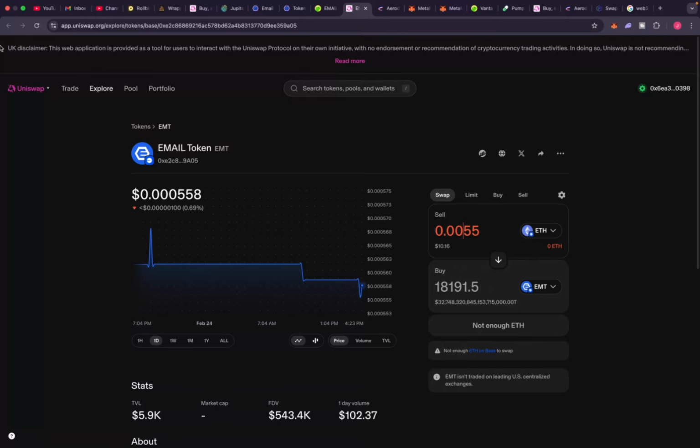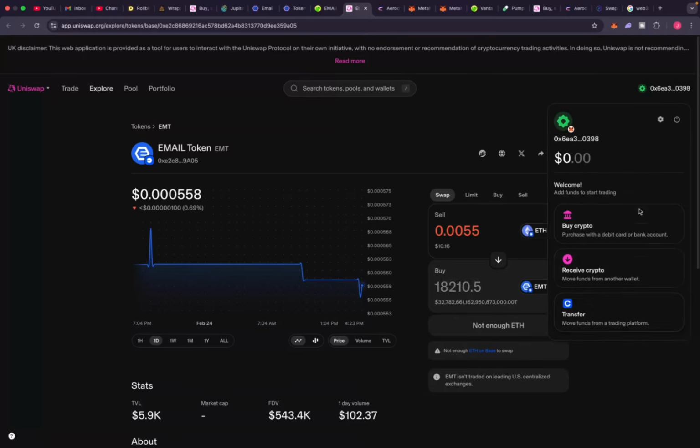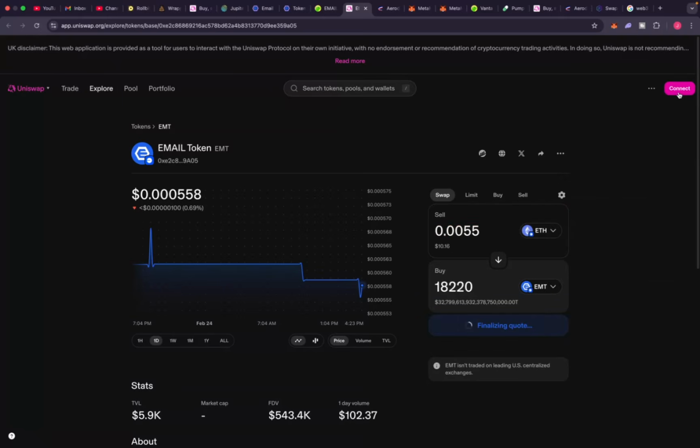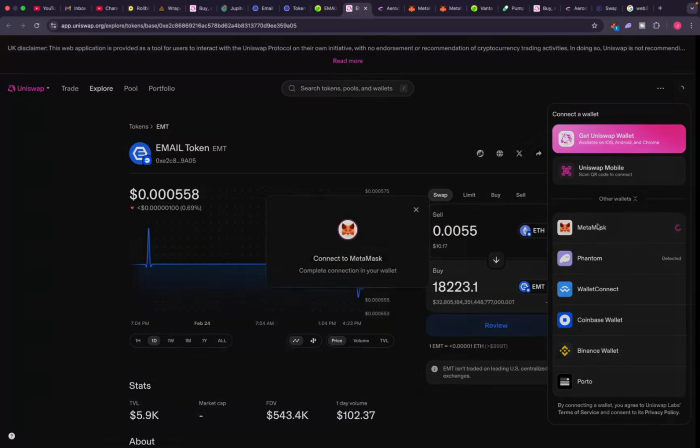So that is it. But anytime you are done with all this on the exchange, you see your wallet connected here. Click on it. You will see where they say disconnect. You must disconnect. You see this icon that says off. If you put your cursor in there, you will see disconnect. So disconnect it. Okay. Now, if you connect again, if I click on MetaMask,